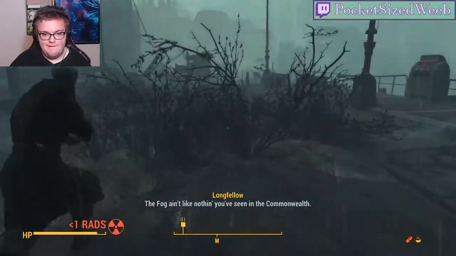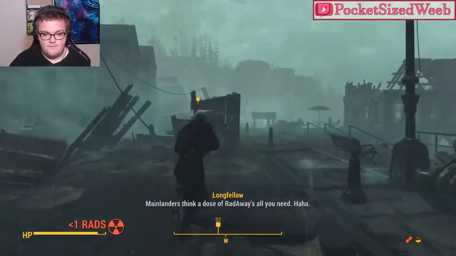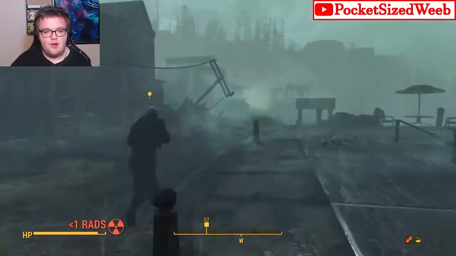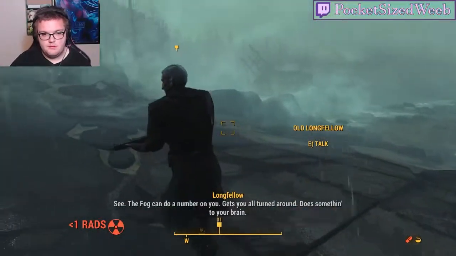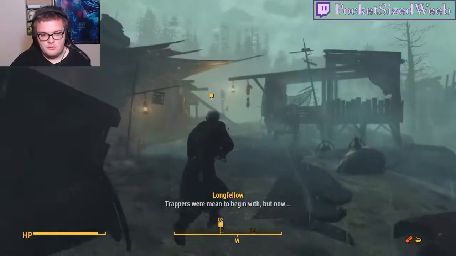The fog ain't like nothing you've seen in the Commonwealth. Mainlanders think a dose of Radaway is all you need. Hurry up. See, the fog can do a number on you. Get you all turned around. Does something to your brain. Trappers were mean to begin with, but now...